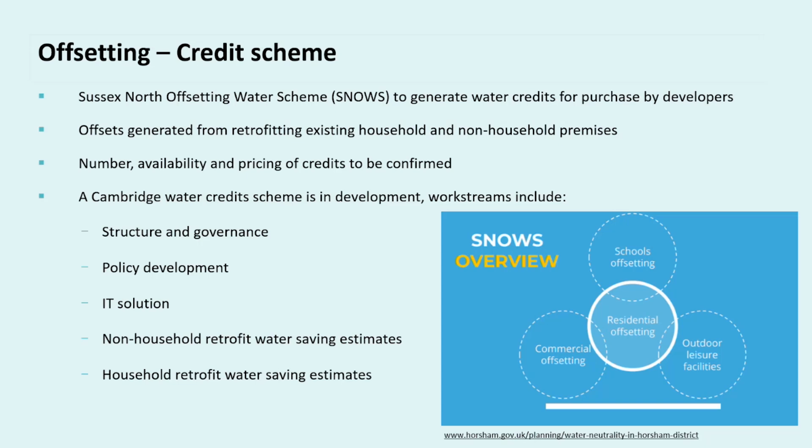And the recommended approach there at the moment is to quickly develop a water credit scheme based on retrofitting existing dwellings, but doing that across the owner-occupied sector as well as social tenanted properties, and then potentially developing a proper marketplace to incentivize and unlock water savings from non-household properties.